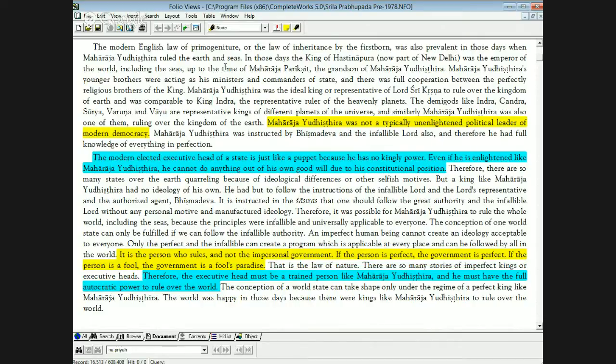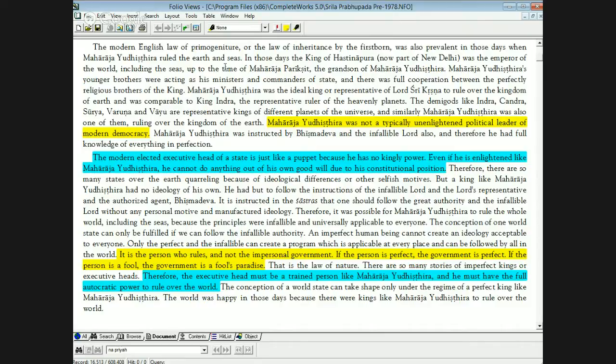The demigods like Indra, Chandra, Surya, Varuna, Vayu are representative kings of different planets of the universe. Similarly, Maharaj Yudhishthira was also one of them, ruling over the kingdom of earth. Maharaj Yudhishthira was not a typical unenlightened political leader of modern democracy. He was instructed by Bhishma Deva and the infallible Lord also, and therefore he had full knowledge of everything in perfection. The modern elected executive head of a state is just like a puppet because he has no kingly